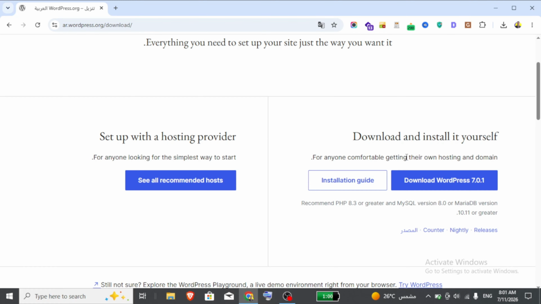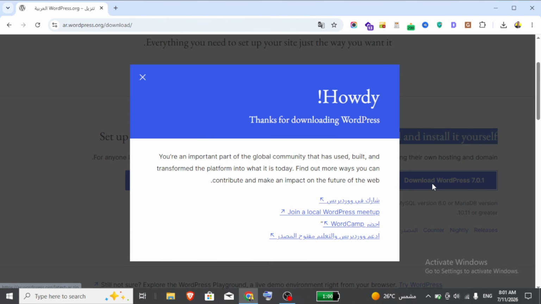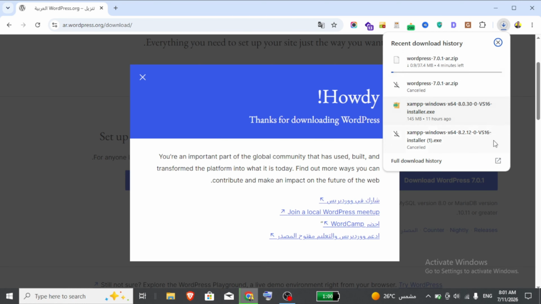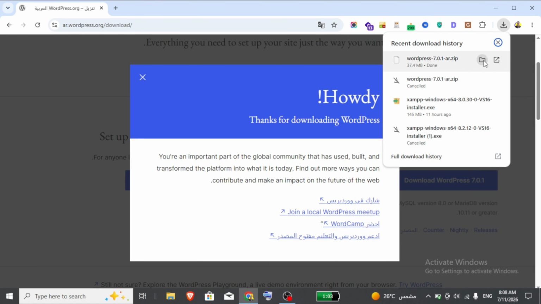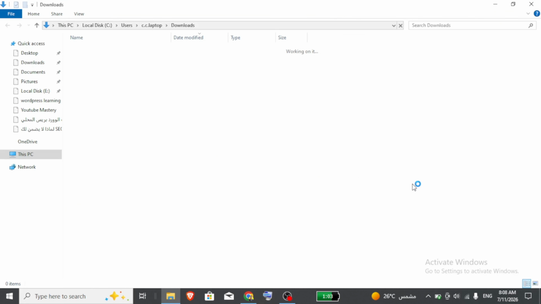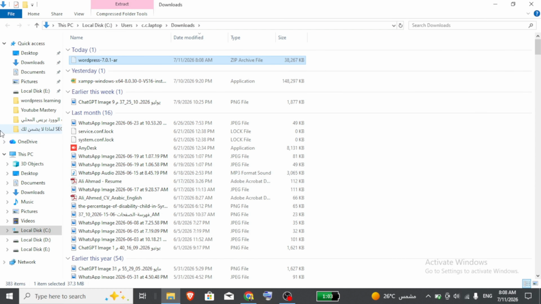Now we will have two choices. We have a choice with choosing a hosting provider. We will not use it because we don't want to buy a domain. We'll choose download and install it yourself. Let's install WordPress. After we choose our choice, which is download it yourself, we get the WordPress as a zip